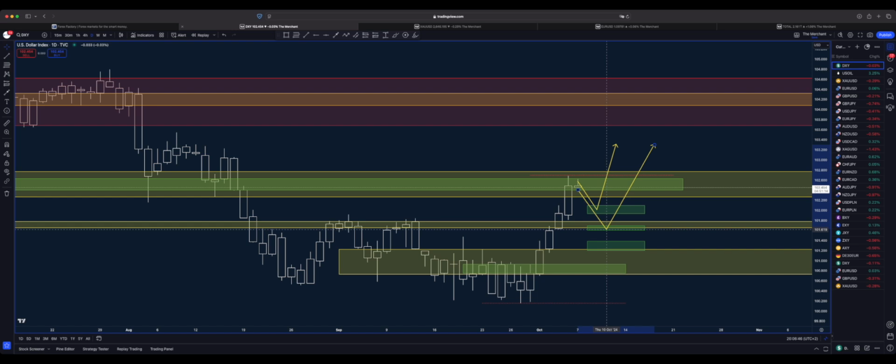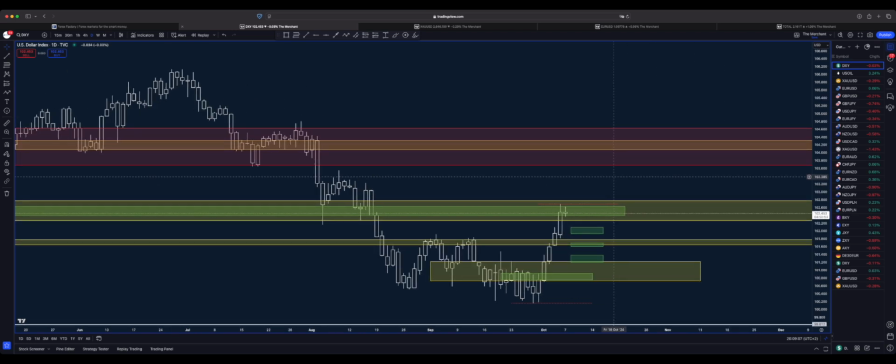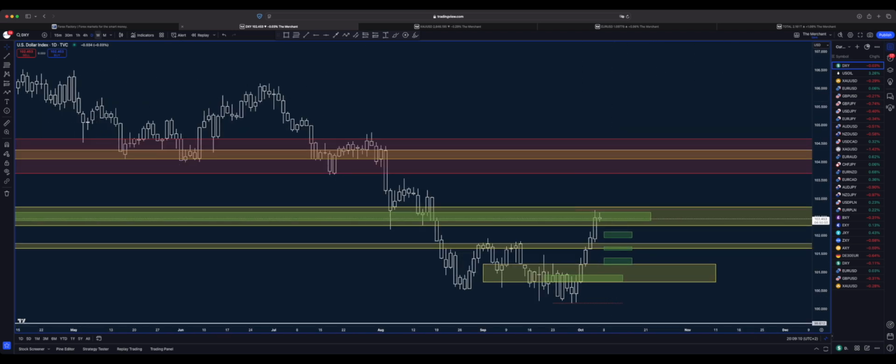If the price will be holding here, then we will be buying dollar. If the price is going basically from here to close below, then we will wait for the retest as a resistance, and then I will be looking for an opportunity to sell. Okay, so here I give you kind of three scenarios which I will be looking for when it comes to dollar.